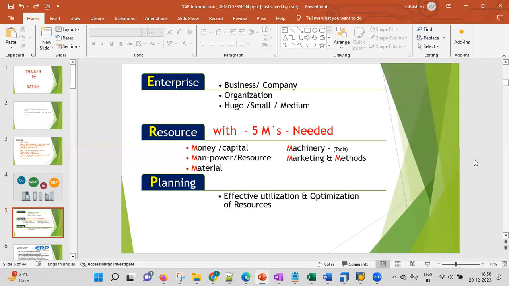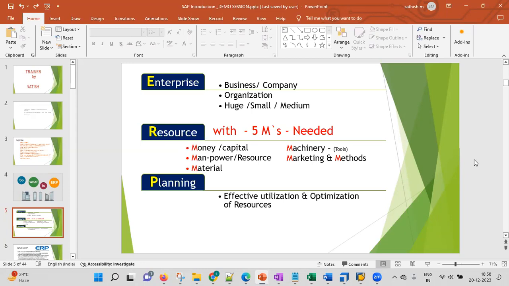How many people can work? Let's take one person. How many hours can a person work? 8 hours. That is normal, as per the legal rules of the company, 8 hours. Now, what will the company do? The company will be thinking about two ways. My business is good, so the company should think whether to buy another 20 lakhs machine or